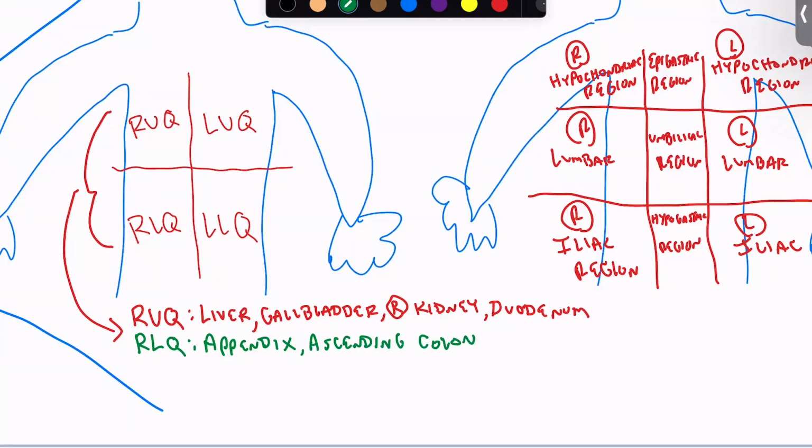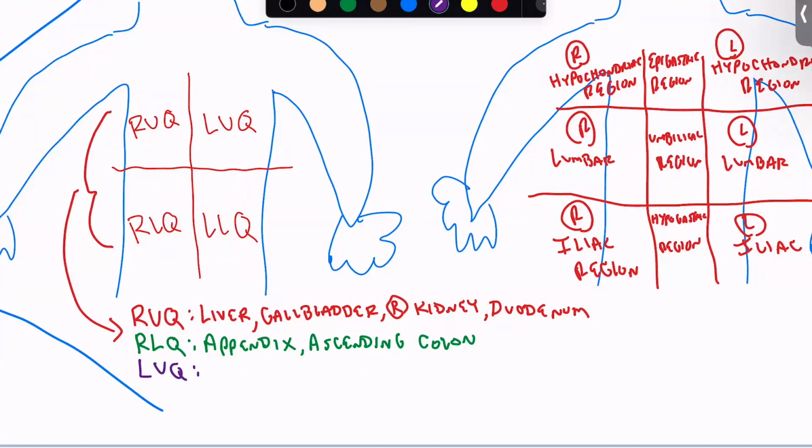So I'll erase it in a second, but basically our colon kind of looks like this. So we have an ascending part, we have a transverse part, we have a descending colon, and then we have a sigmoid colon right here. Next up, we got the